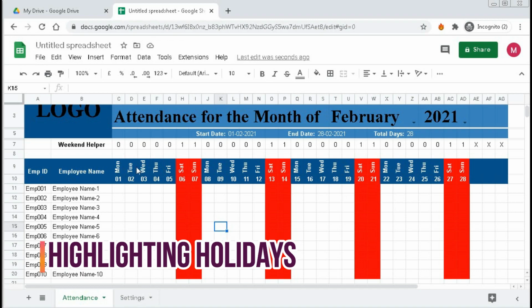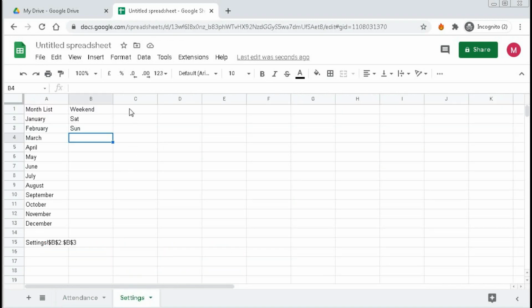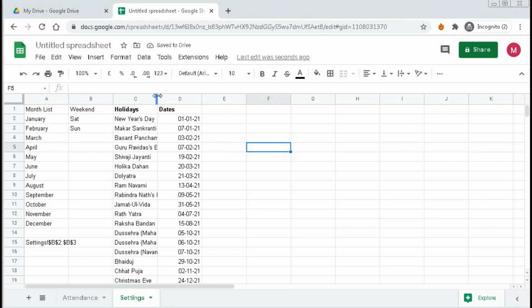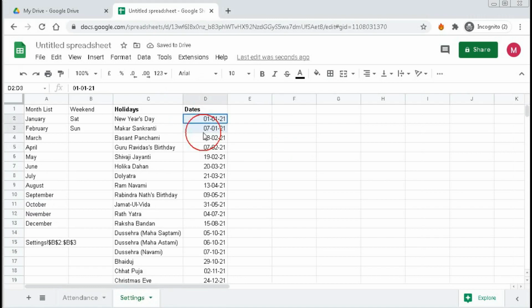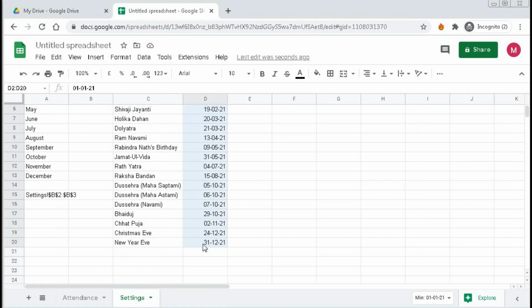Now we will highlight the holidays. For that, we need to create a holiday list in this settings page. So I will copy paste this one. This is our holiday list, and we have to create a dynamic named range for these dates. For that, again we have to take the help of a helper cell.